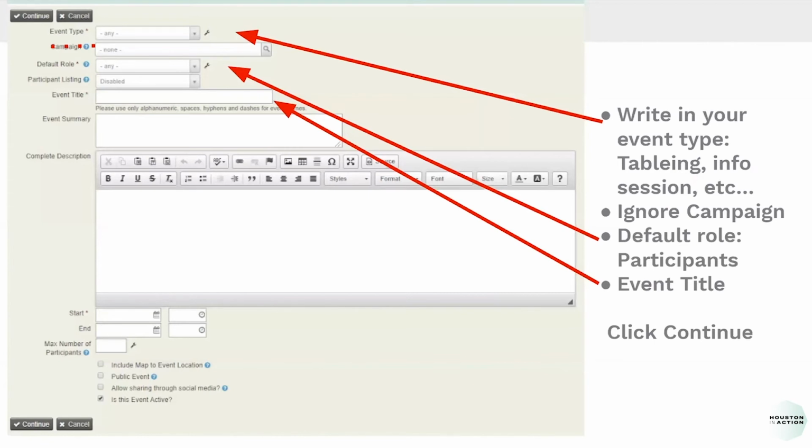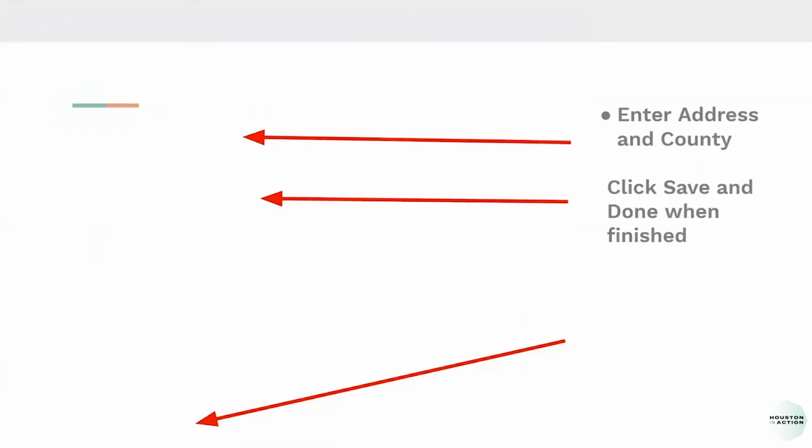Now, when you write out all this information, you have an opportunity to write in the start date and when it ends. You don't have to necessarily focus on the timing unless you want to keep specific details of when it starts and when it ends. But we do want to have a start date so it can track it on the calendar. After you do this, you click continue.